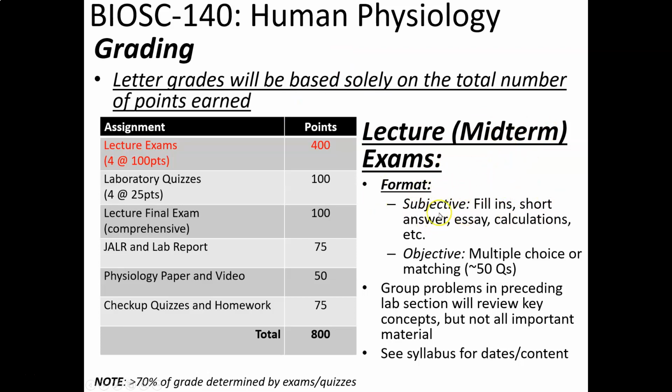The format will have some subjective portion to it. It'll be fill in, short answer, essay, calculation stuff. I'm envisioning it being only about 25 out of the 100 points, give or take. You'll also have multiple choice question tests. That'll probably be about 50 questions, and that'll probably be worth 75 points. So maybe I'll make them 1.5 points apiece. At least that's my initial thought for the first one. We'll constantly assess and see if there's a better way to do things as the semester goes on, though.